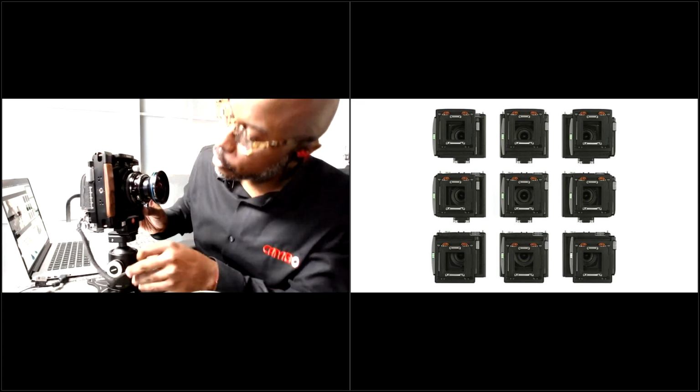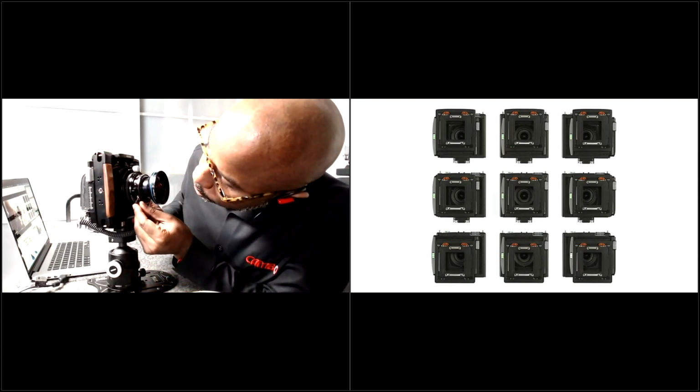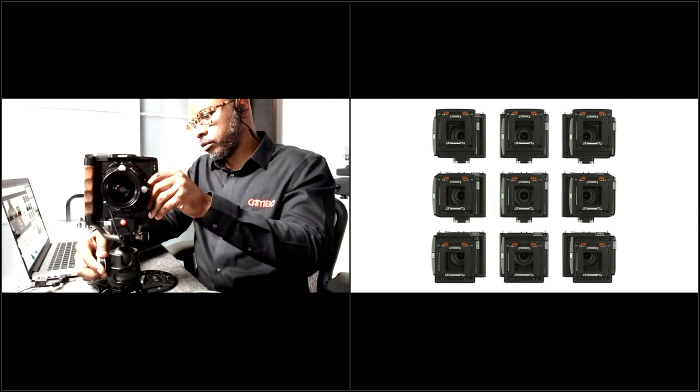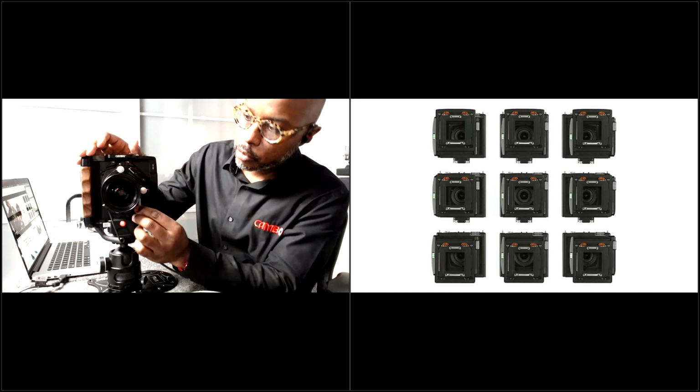There we go. Now that we've got that plugged in, turn this around to the lens side. And we're going to plug it into the sync port on the lens. The last part that we do is put our little